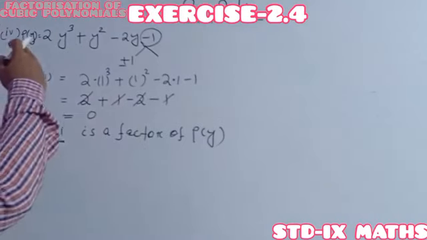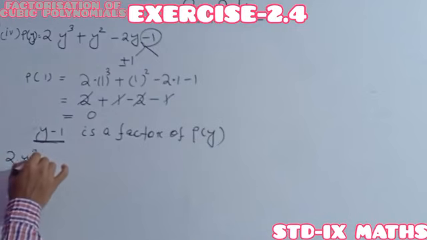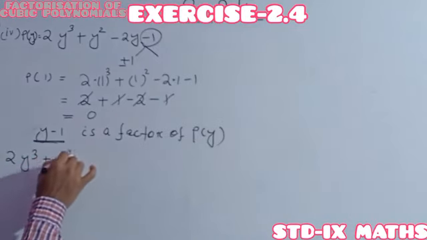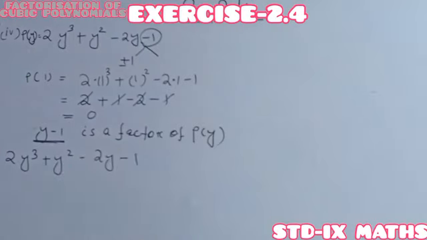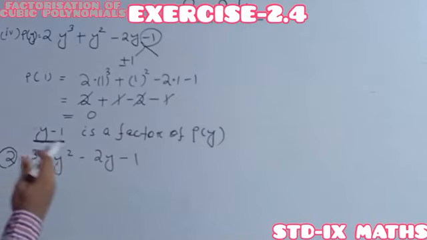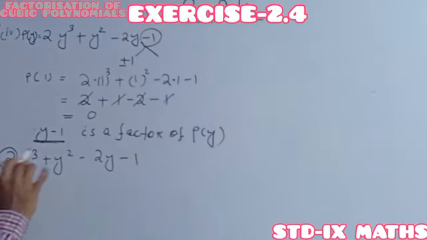See, so we have to rearrange. Actually this is 2y cube plus y square minus 2y minus 1. We have to rearrange in such a way that between the two we will always get y minus 1. To arrange it in the form of y minus 1, the nearer term also has the same coefficient, but between them a minus sign should be there. So here it is plus 2, the next one should be arranged with the coefficient of minus 2.